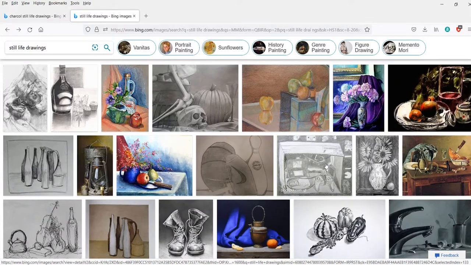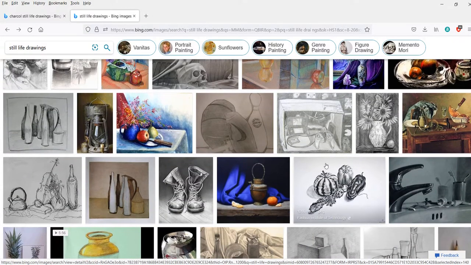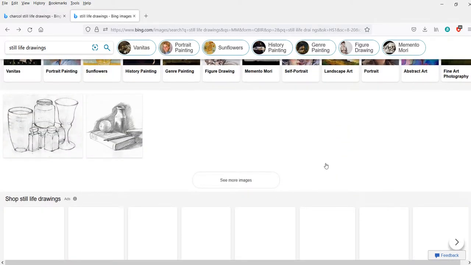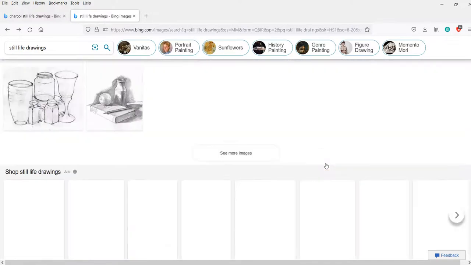So straight away start looking for that contrast and how many tones from 1 to 7: light, a little darker, a little darker, a little darker, darker, darker, into the darkest. And between the lightest and the darkest, you have probably 5 other tones in there, midtones, I call them. Okay? All right.